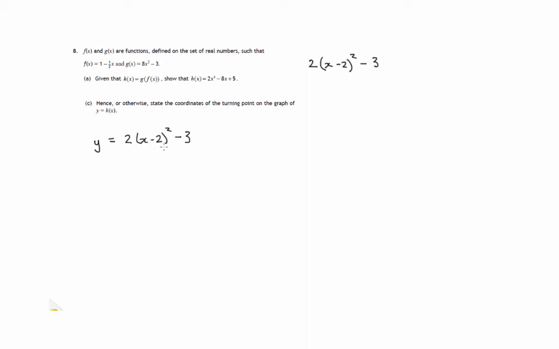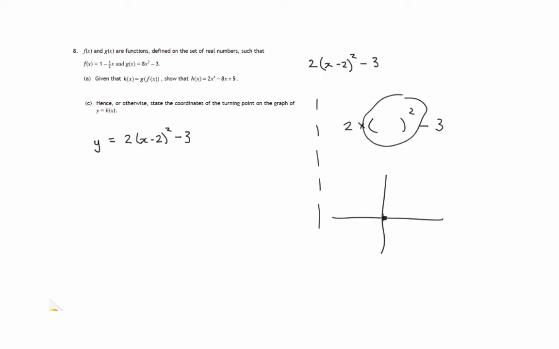So the turning point in this graph is where this becomes a minimum value. Look at the fact that we've got twice something squared minus 3. And let's concentrate on squaring numbers. Nothing squared is nothing, 1 squared is 1, 2 squared is 4, minus 1 squared is positive 1, minus 2 squared is positive 4. When you square numbers, you get the typical values. If you graph them, you get the typical shape of a parabola, with the minimum point, the turning point, occurring